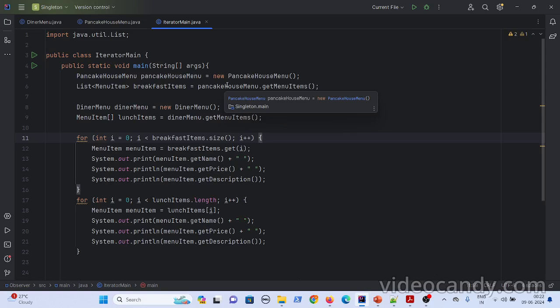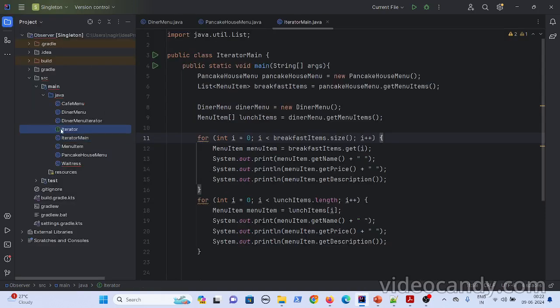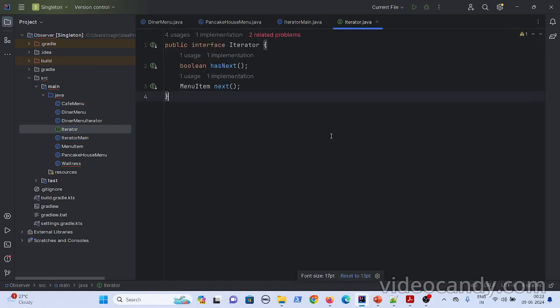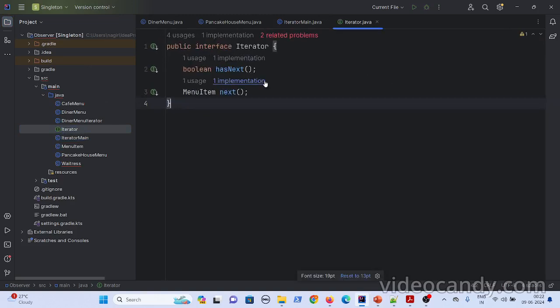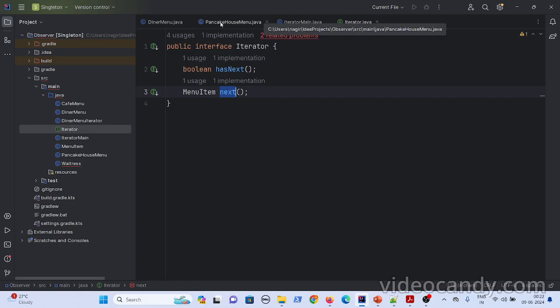So to avoid all these scenarios, I'll create one more interface called Iterator. In this Iterator, I'll create two methods, hasNext and next. Now I'll create iterators for the pancake house menu and the dinner menu.